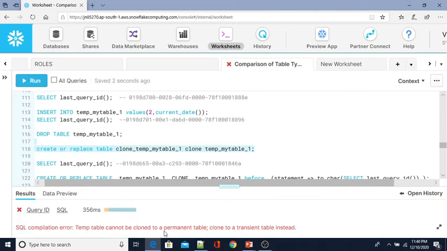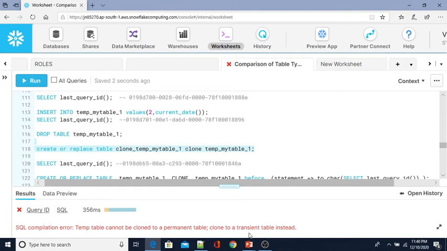A temp table cannot be cloned to a permanent table, because, as I said, a temp table can be cloned temp to temp or temp to transient. So a temp table cannot be cloned to a permanent table, as I mentioned in the slide.